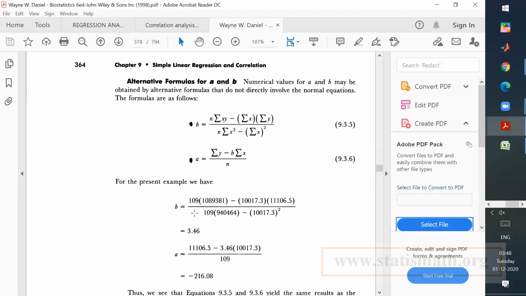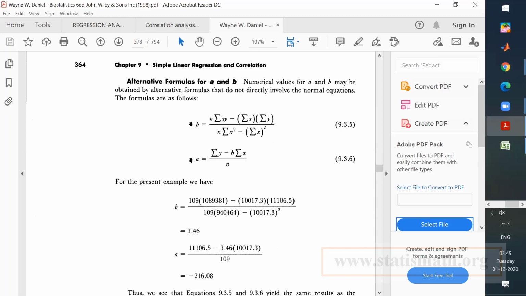Through that, we are able to say how much percentage of the variation in the dependent variable is contributed by the variation in the independent variable. In this particular case, 62% of the variation in the dependent variable is caused by the variation in the independent variable.